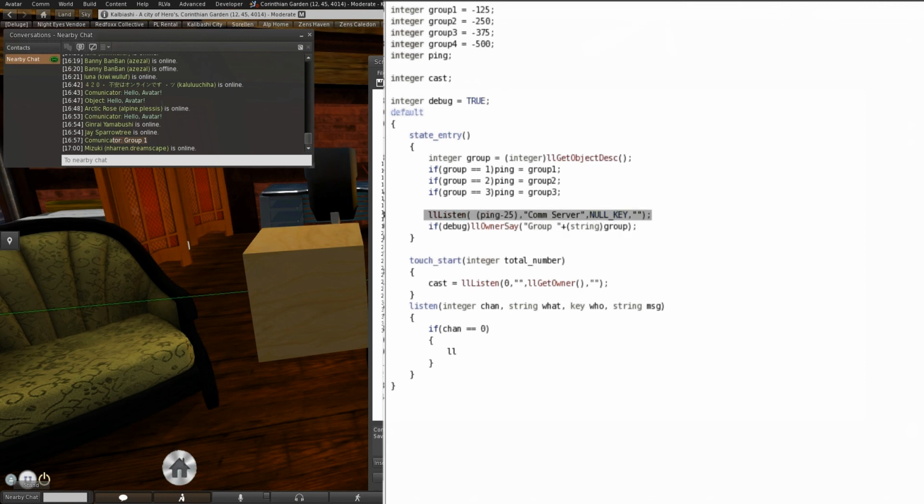So, now when you establish group 1, it sets ping to equal negative 125 because of group 1, or negative 250 for group 2, what have you. So instead of going through and having different listens that are set to adjust the ping the exact same way that I had it set in the broadcast server, I went ahead and just had ping set that, which is controlled through here. The reason this is important is because down here,